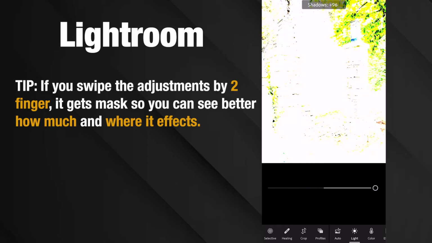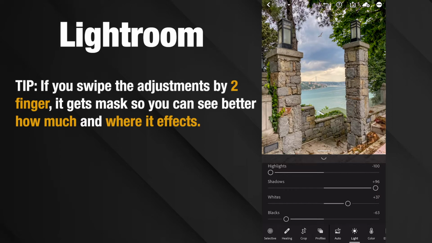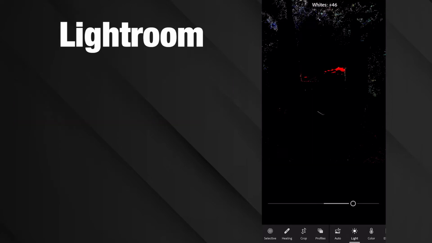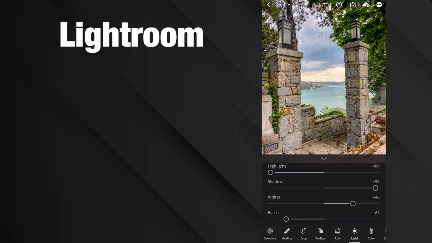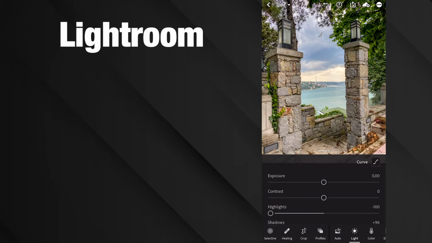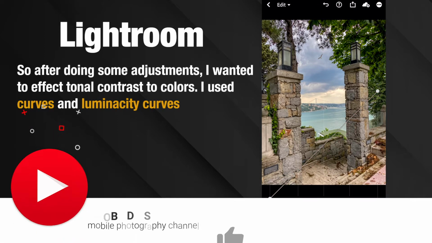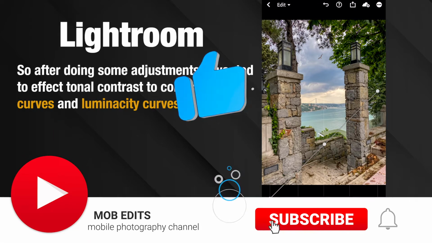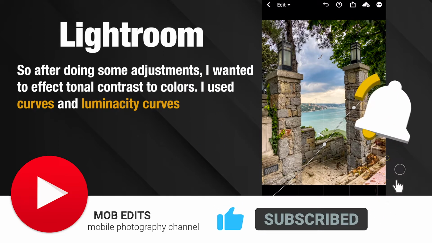In here with two fingers, if you move the sliders to the right or the left in shadows, whites and blacks or highlights, you will see the way to apply the effect. So I decrease a bit exposure and then continue with the